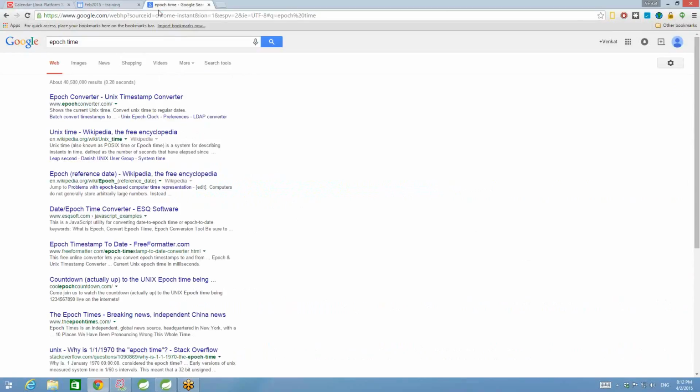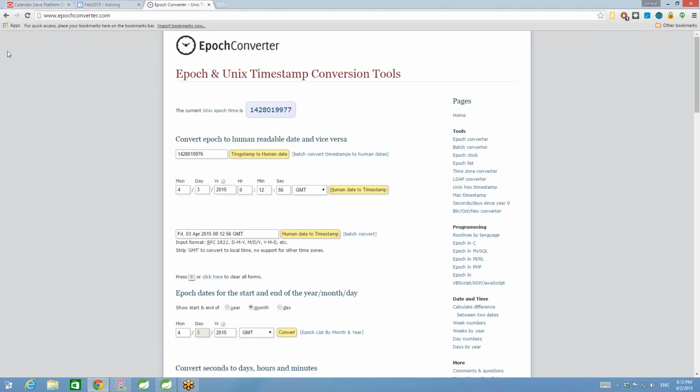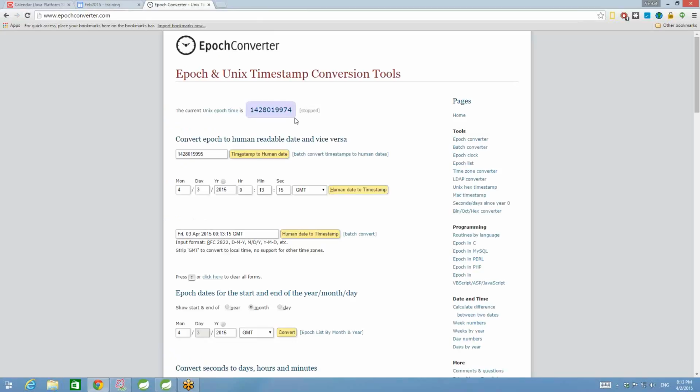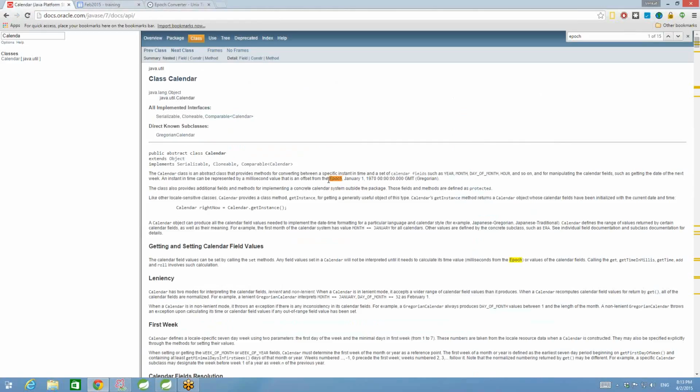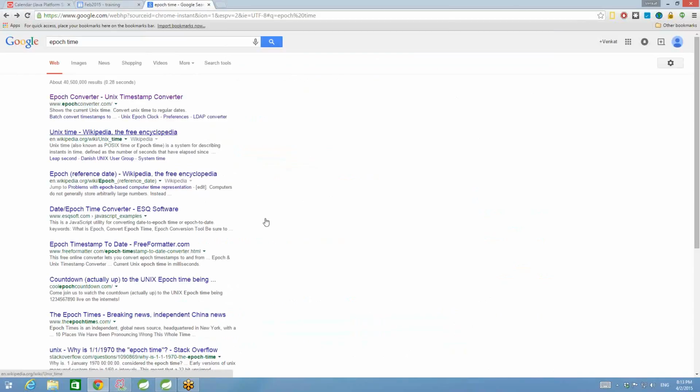Epoch time has nothing to do with Java. See, the current Unix epoch time is these many milliseconds. This is giving in seconds, but here it's represented in milliseconds since January 1st, 1970. That's how, not only Java, but several programming languages depend on this epoch time. Anyways,